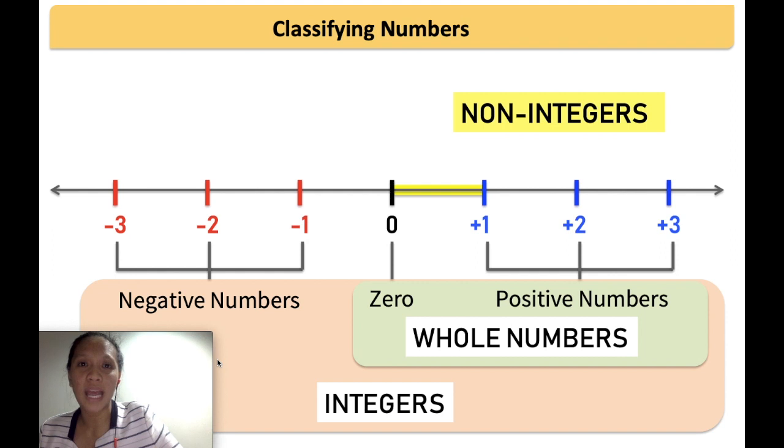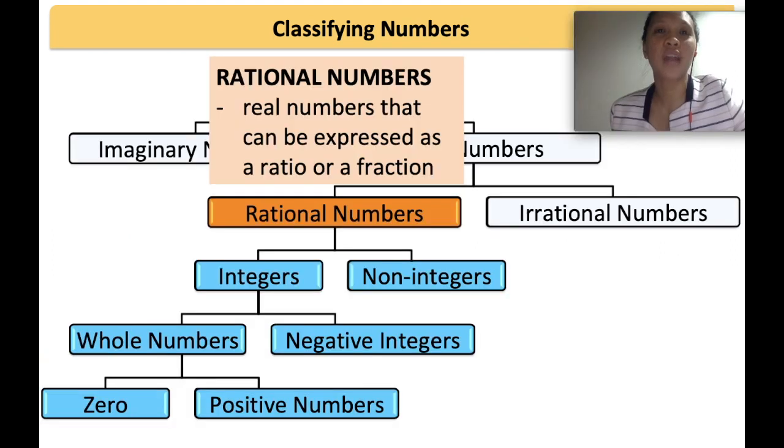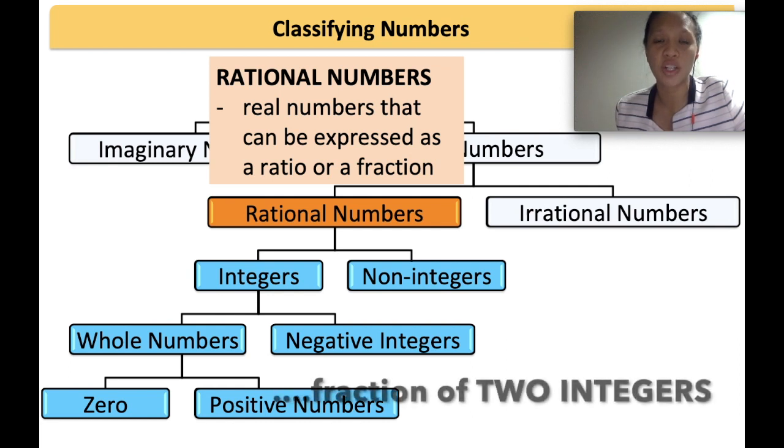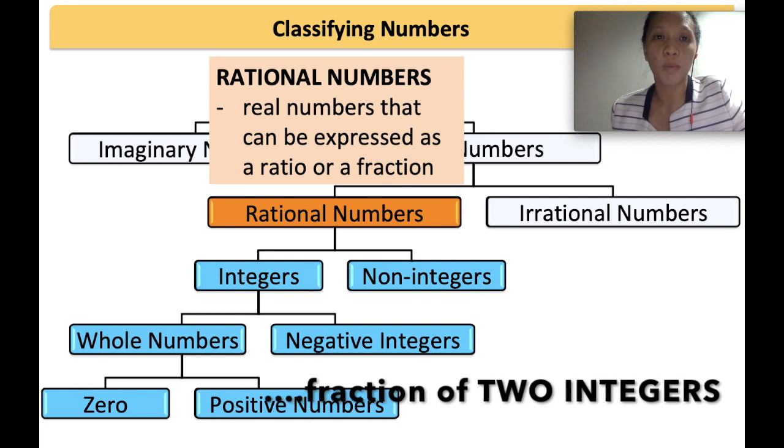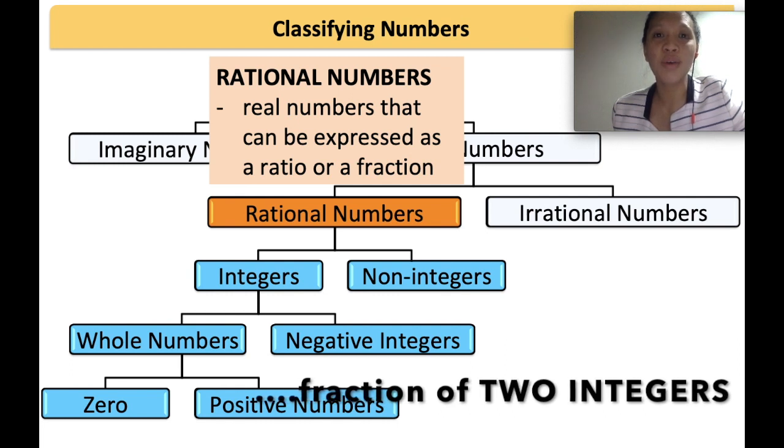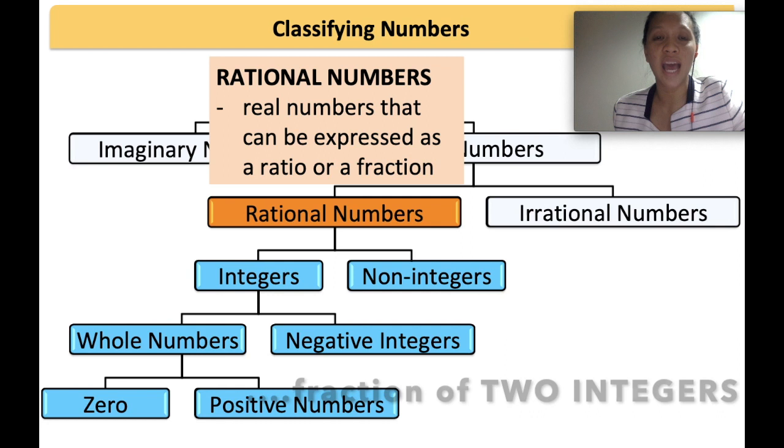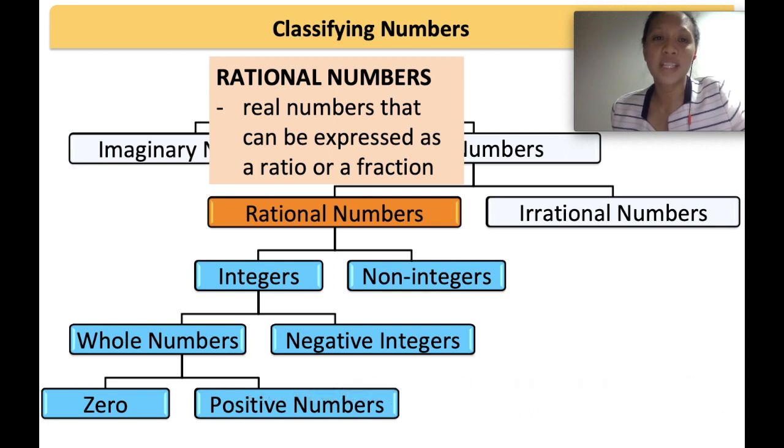So in this number line, makikita natin ang ating tinatawag na rational numbers. So rational numbers are real numbers that can be expressed as a ratio or a fraction. So kapag meron kang number na pwede mo siyang ma-convert into a fraction, ito ay considered na rational number. So for example, an example of an integer is 5. Pwede nating i-express as a fraction, 15/3. Earlier, pinakita ko rin na yung mga non-integers natin ay pwede nating i-express as a fraction.